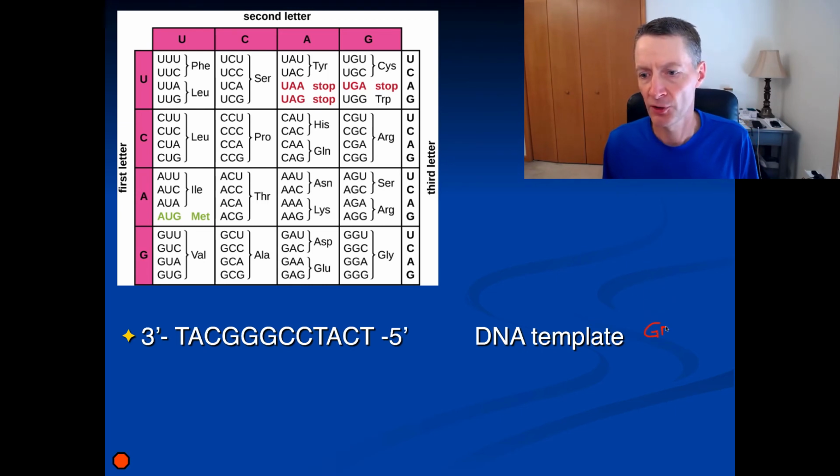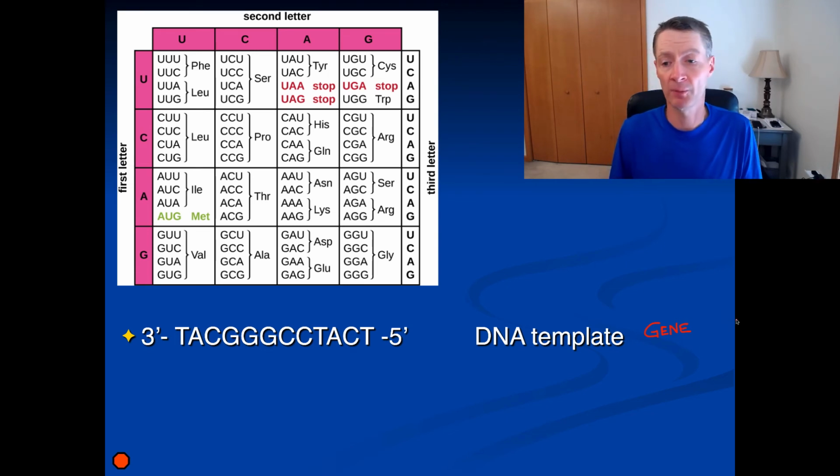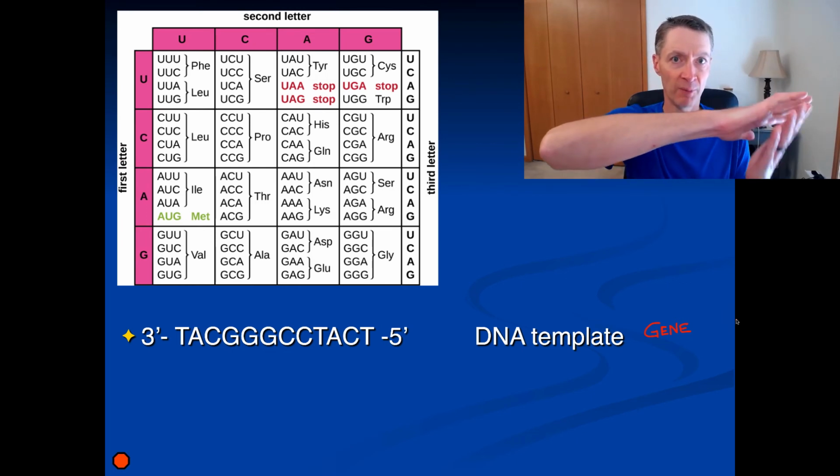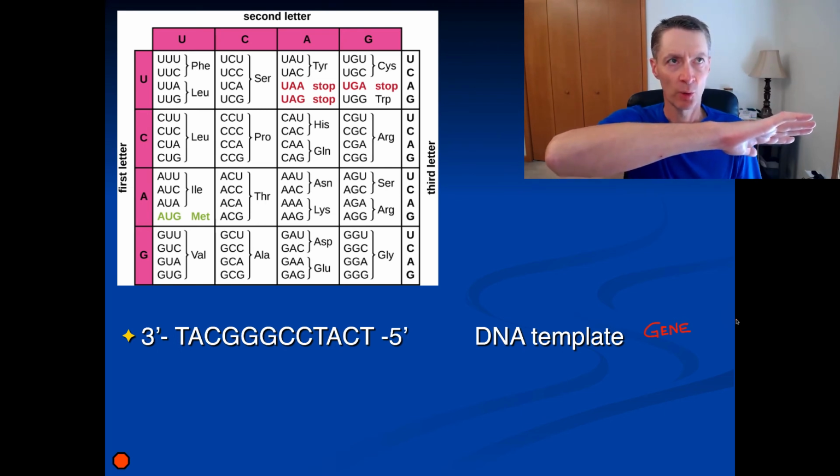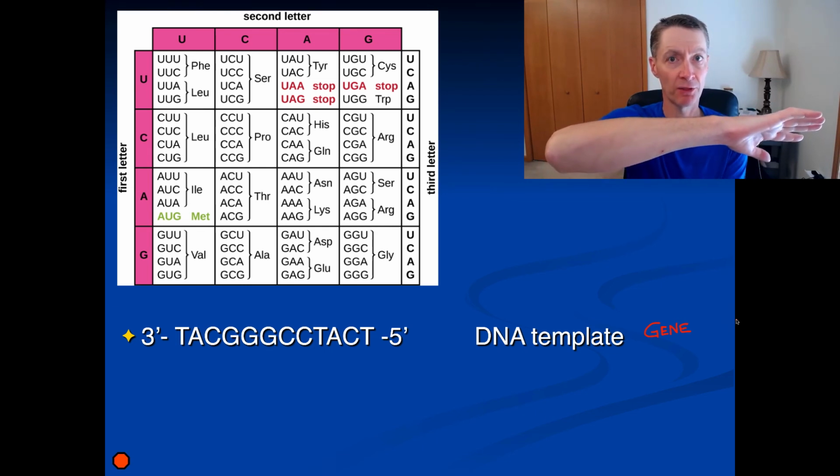Okay, so this is our gene. This is the side of the double-stranded DNA that we're going to read at this moment. The other side might be a gene for something else, but we're not going to focus on that side. We're going to look at this side. So here we have our 5' and our 3' end, and we want to start building always with a 5'. So we want to find on our opposite side the 3' end and start building with the 5' first